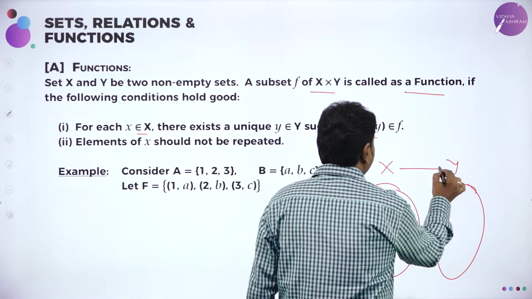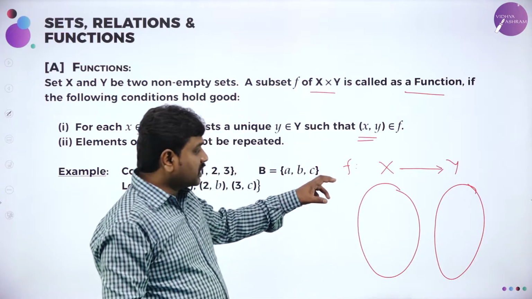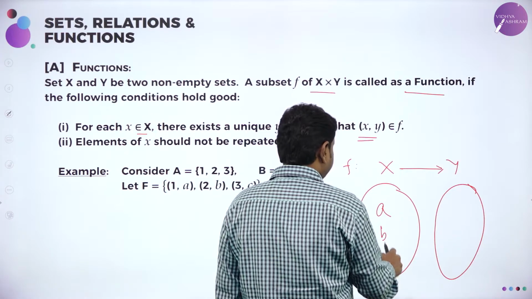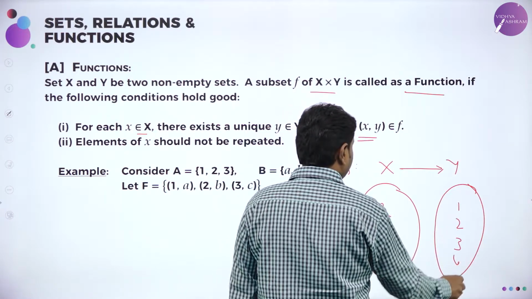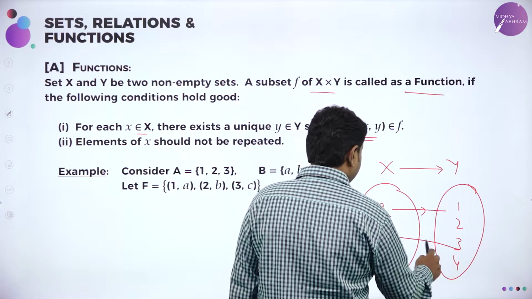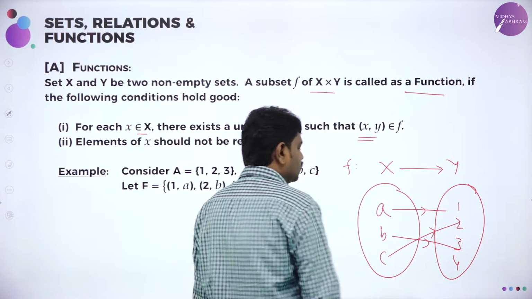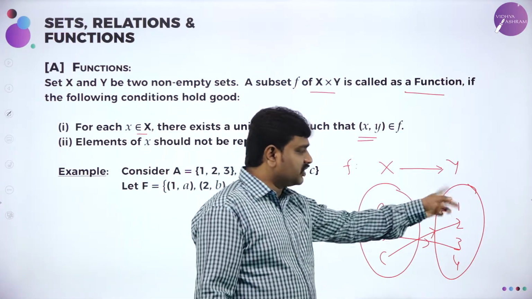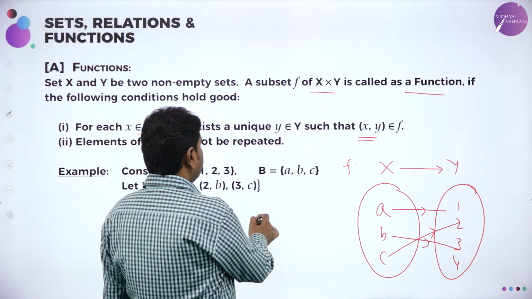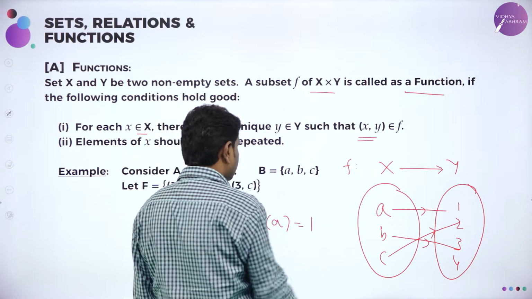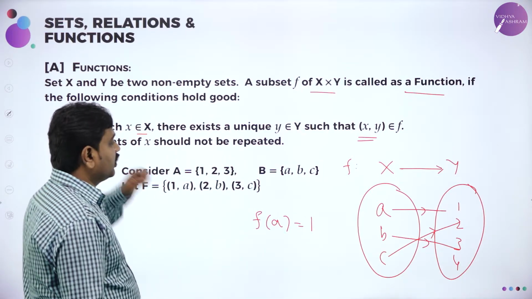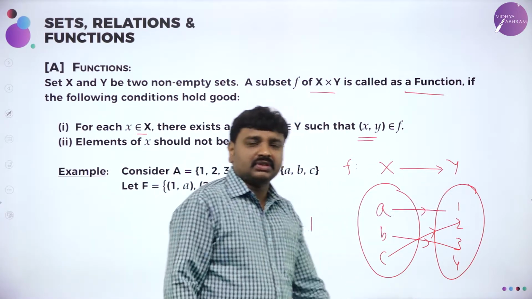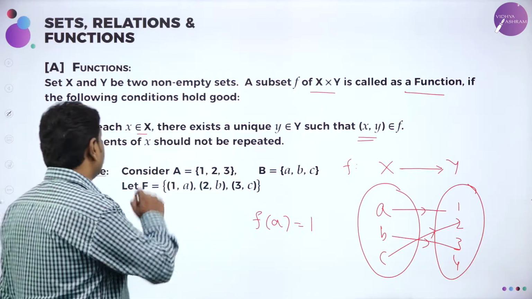What is the first set? Domain. What is the second set? Codomain. I can call this as function. Suppose if I have 3 elements here, A, B, C, and here 1, 2, 3, 4. A maps to 1, B maps to 3, C maps to 2, suppose. So now here every element of X should be related with Y. So here f of a, function of a, is 1. So for x belonging to X, means one element belonging to this, there is unique element in Y. There should be unique element in Y.